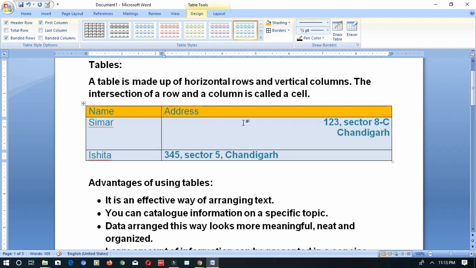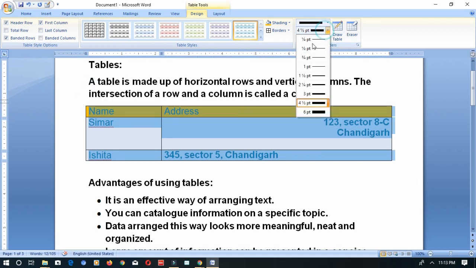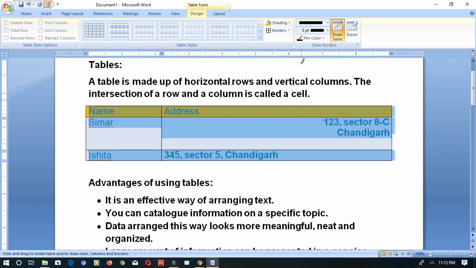This is called shading. Now borders, you can increase the point. You select it and you can apply any of the borders for your table. This is only for draw borders.